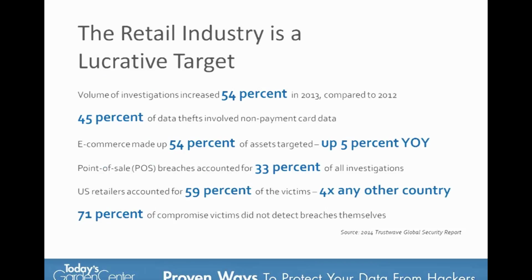This slide here, I just really want to call out a couple of points. All the hype today is around EMV, and we're going to talk a little about EMV later and what EMV is going to protect or not protect for us. But in terms of retail, it's not just point of sale that they're going after. You can see here e-commerce was 54% of the assets targeted, and that's only going to grow as we deploy EMV. So I would urge you to really start making sure we have some strong controls around our e-commerce